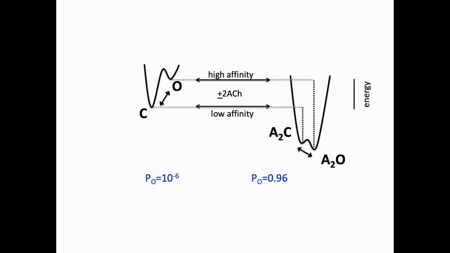And indeed, if we put numbers on these arrows, this is 8 kcal per mole uphill, minus 2 kcal per mole downhill. That's a 10 kcal per mole difference without versus with agonists, and that is exactly equal to the difference in binding between O and C. This is 10 kcal per mole on the energy axis, so it's balanced.